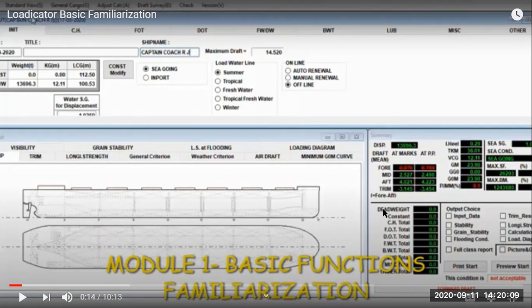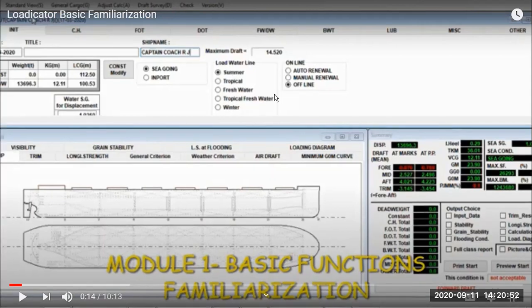Then total weights on the ship, deadweight, total weight including all the cargo and all these things. Then constant is the stores, cargo hold, fuel oil tanks, diesel oil, fresh water, ballast water, miscellaneous stores, chain locker, and others. And other stability criteria, whatever report we want, we can check. We want to check stability criteria or flooding conditions, grain stability if we are loading grain, full report, trim, and printing and preview options. This is the basic familiarization of your load indicator, what all is there.